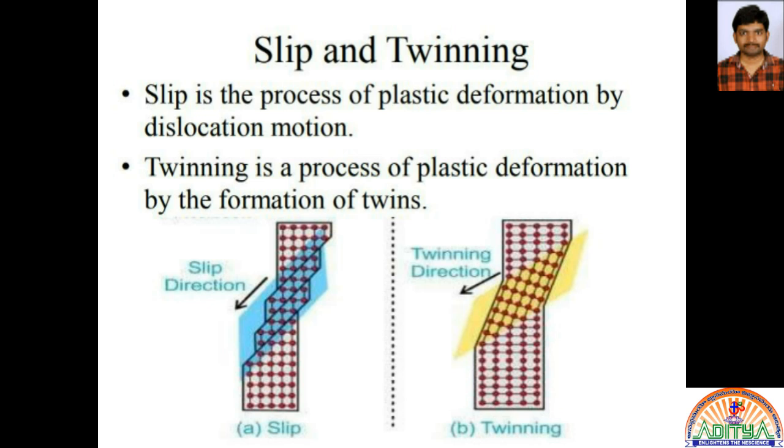The main similarity is that both slip and twinning are deformation mechanisms that can occur in materials. The difference between them is that slip occurs by dislocation motion, while twinning occurs by the formation of twins. Both slip and twinning are important